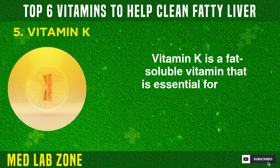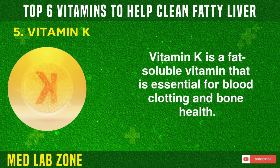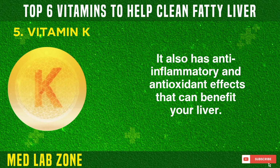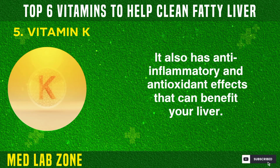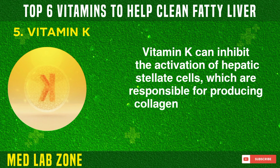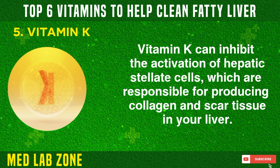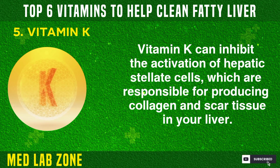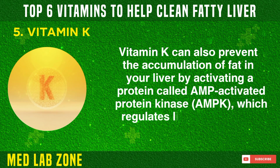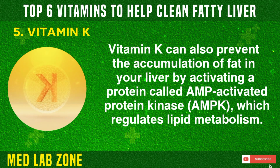6. Vitamin K. Vitamin K is a fat-soluble vitamin that is essential for blood clotting and bone health. It also has anti-inflammatory and antioxidant effects that can benefit your liver. Vitamin K can inhibit the activation of hepatic stellate cells, which are responsible for producing collagen and scar tissue in your liver. Vitamin K can also prevent the accumulation of fat in your liver by activating a protein called AMP-activated